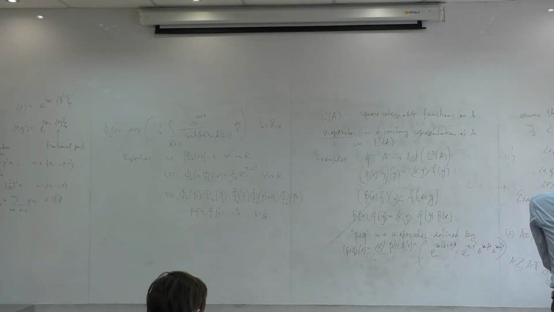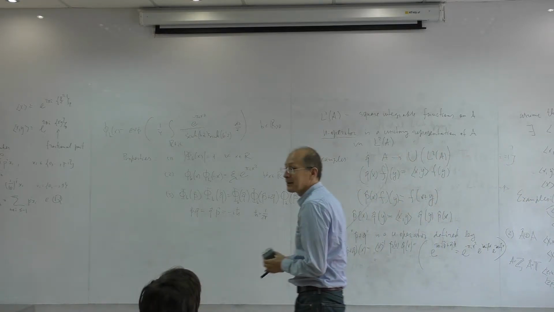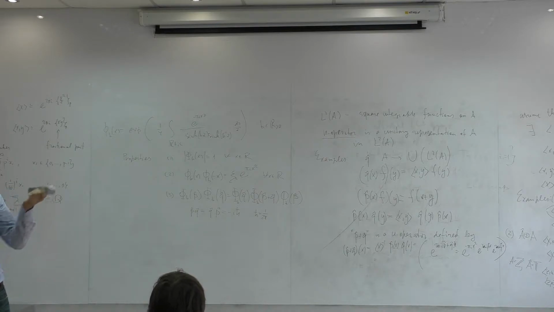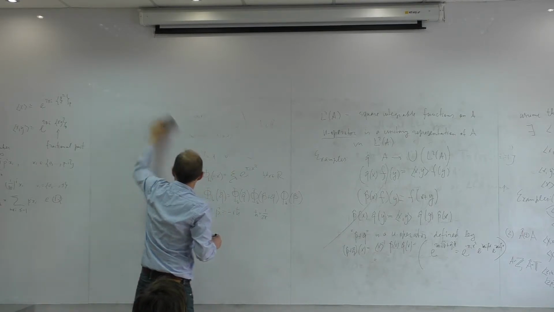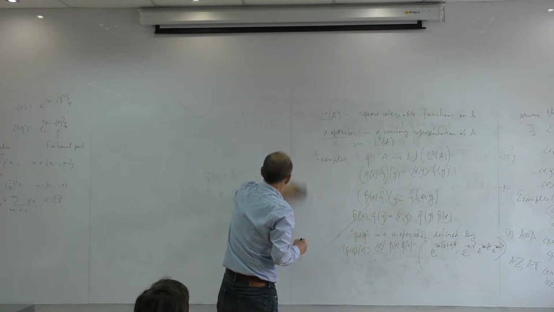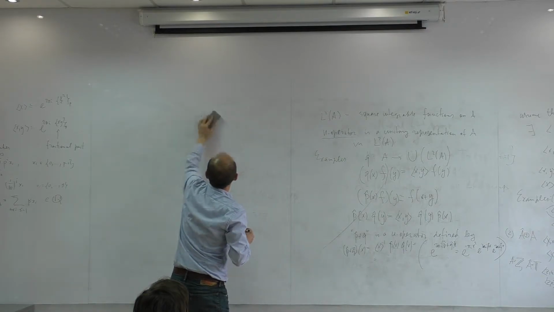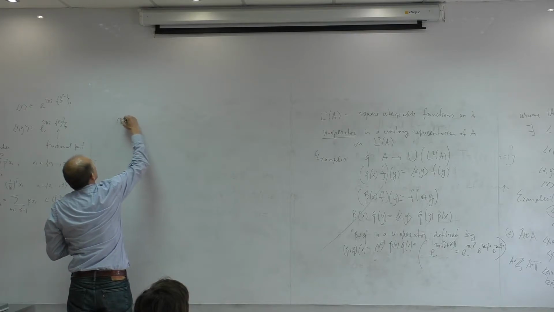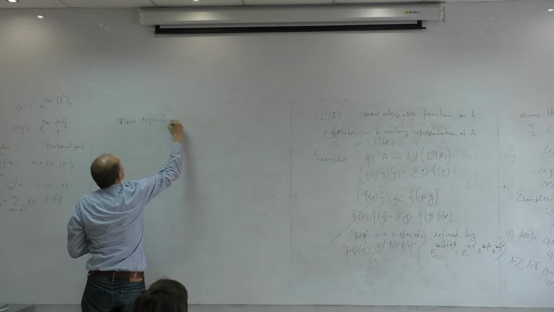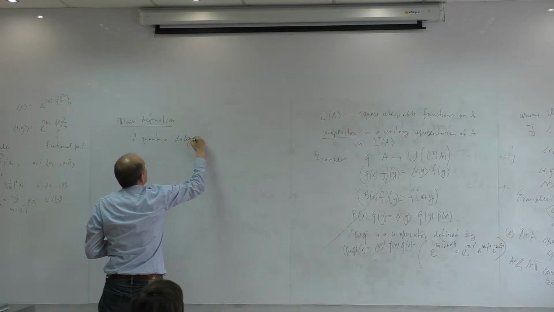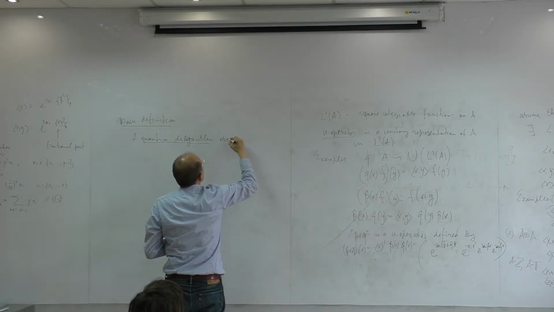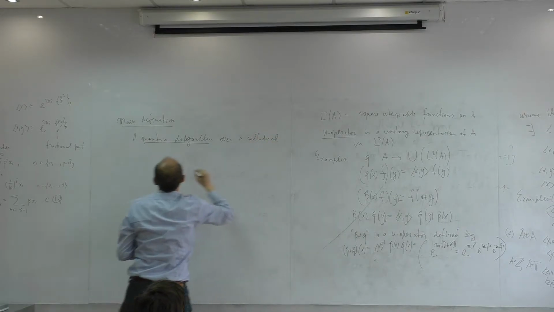And now I have arrived at a position where I can give the main definition of the lecture. What is a quantum algorithm over a self-dual locally compact abelian group? So the main definition. A quantum algorithm over a self-dual LCA group A